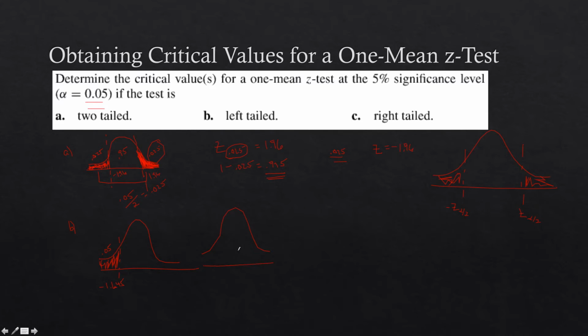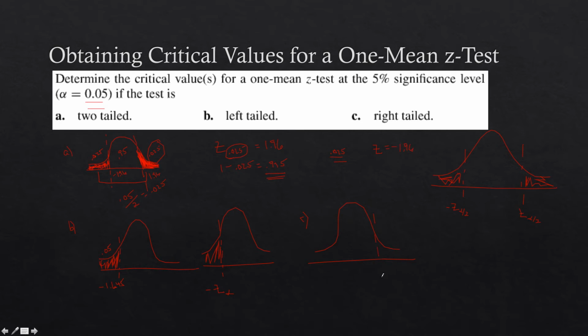This is what we typically say about a left-tailed test. The answer is negative z sub alpha for a left-tailed test. So look up negative z sub alpha, and that will give you your left-tail answer. Okay? And for a right-tailed test, alright, so we're